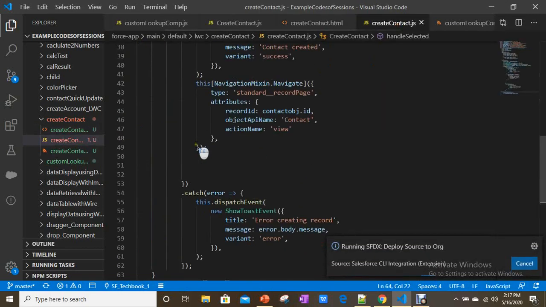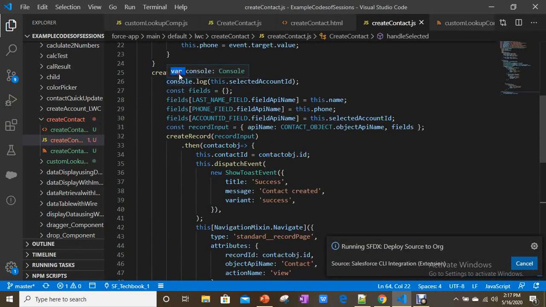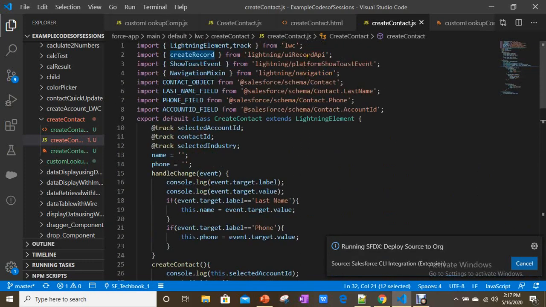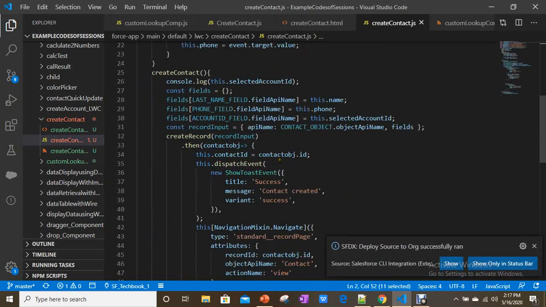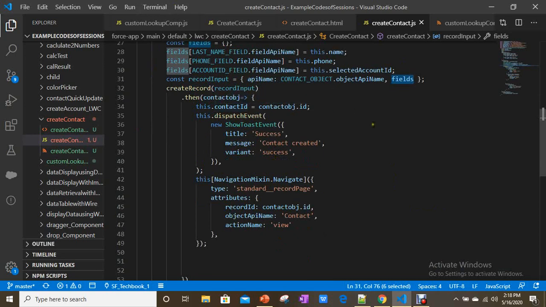In it, we are calling the createRecord method, that is a standard one from the UI record API, and I'm passing the record input in the form of JSON, and in the JSON format I am passing the API name of the object and fields simply, and then it can insert the record.